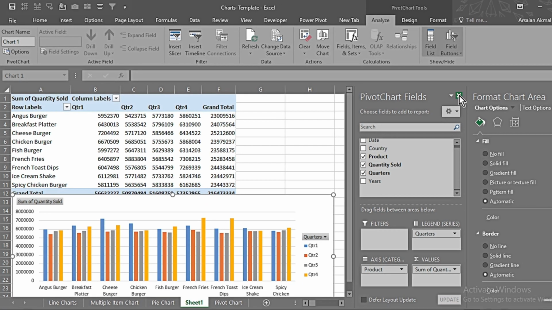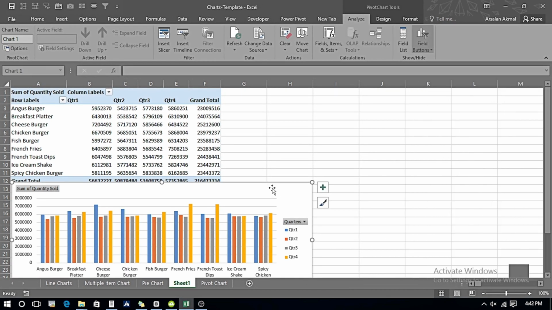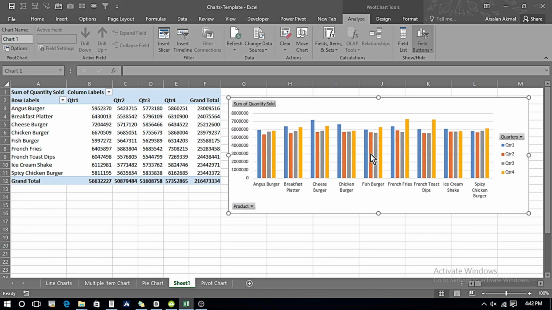So I close it to make it a little more spacious and drag it over here, so we can see that for each type of burger on offer, we have quarter 1, 2, 3 and 4 sales appearing. So with a few drags and drops, we have made a very strong visualization which gives us an idea of how each of our categories is performing in different quarters.